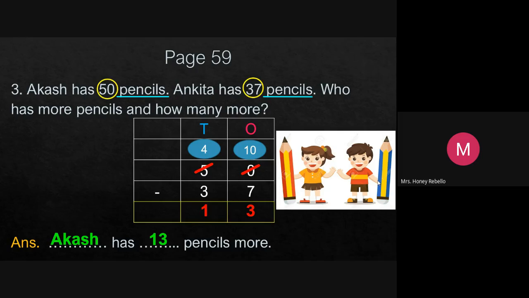Complete the work. You have to write that answer, because if you do the sum, you will get 2 marks for the answer. And down, you'll get 1 mark, 3. And the statement. In your classwork note, I will teach you how to write the statement. For the statement, you will get 2 marks. Altogether, 5 marks. Okay. Now do this. Please do it. We'll go to the next one.